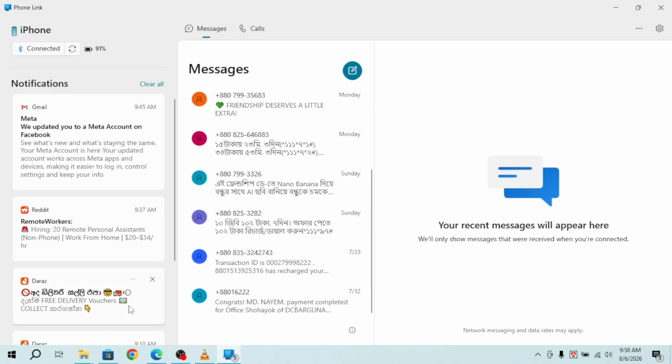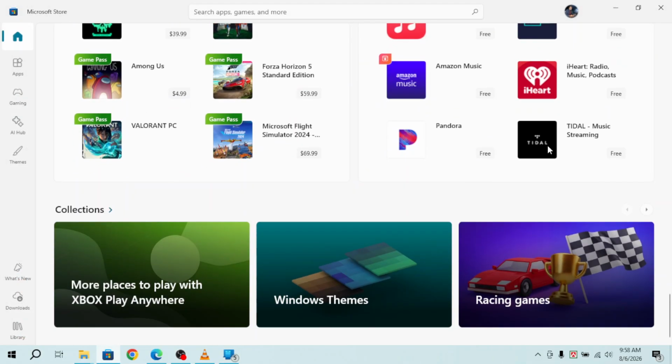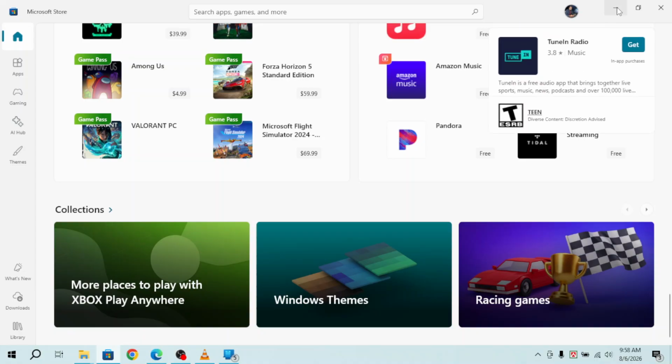Finally, check for updates in the Microsoft Store and install any available Windows updates. Running the latest versions helps prevent the same issues from returning. Keeping both Windows and Phone Link updated improves stability and compatibility, and that's how to reset Phone Link